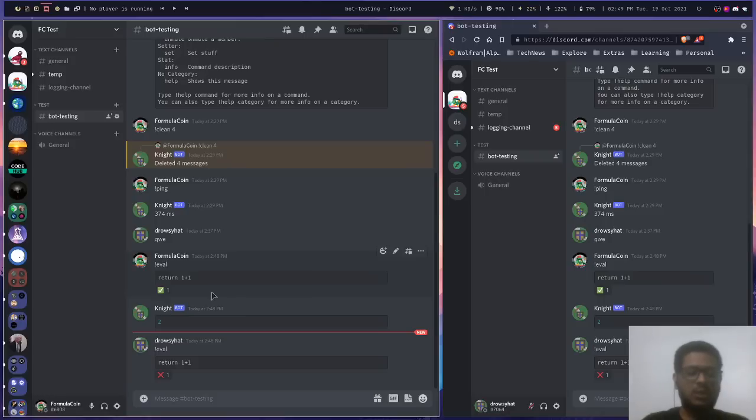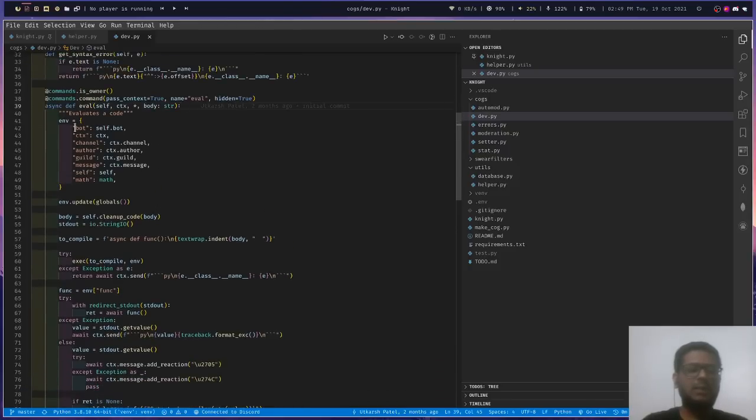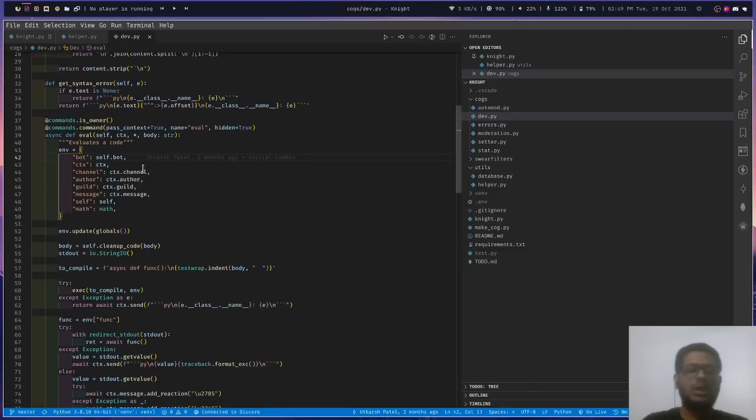So let us see how this command is run. First we will set the environment. We will mark all the necessary parameters, since we will create an environment dictionary, in which bot is our self.bot, ctx, that is the context, is our ctx, the channel from which the command was invoked is ctx.channel, the author, the guild, and the message itself.